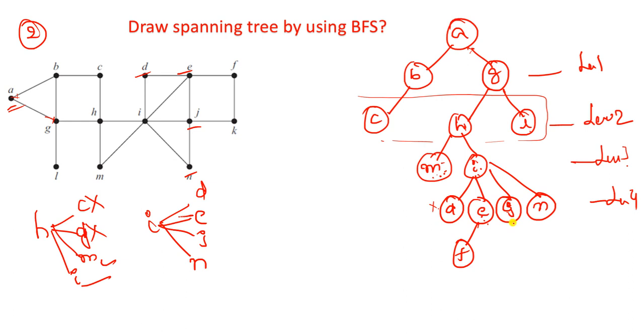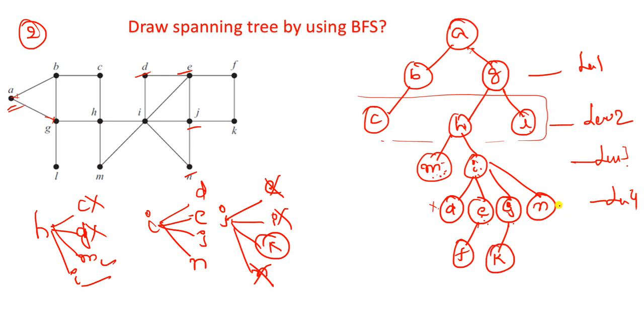Then come to J. J has E and I and K and N. Here N is completed, E is completed, and I is also completed. What is the remaining element? K. We just have to insert K. What about the remaining element N? N has how many incident edges? N has I and J, two. I and J are both completed. So these elements are also completed: D, E, J, N, these 4 elements are completed in level 4.